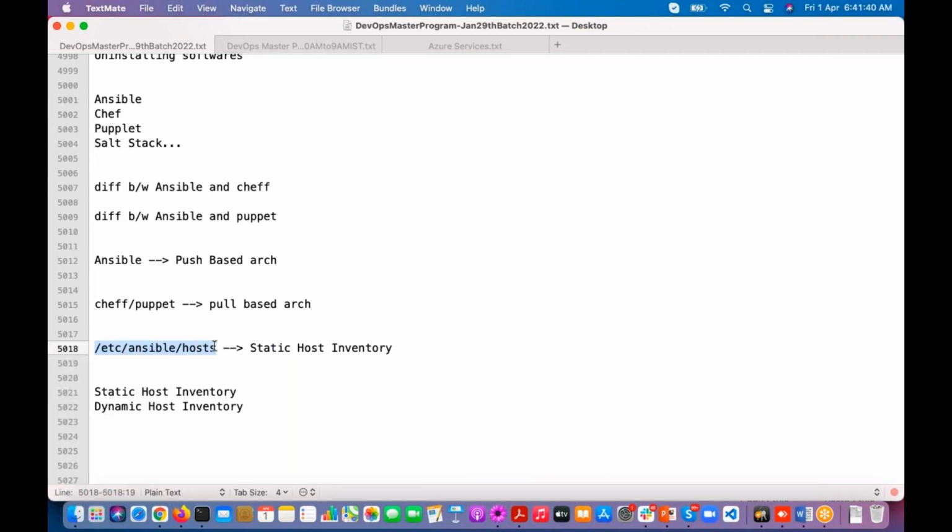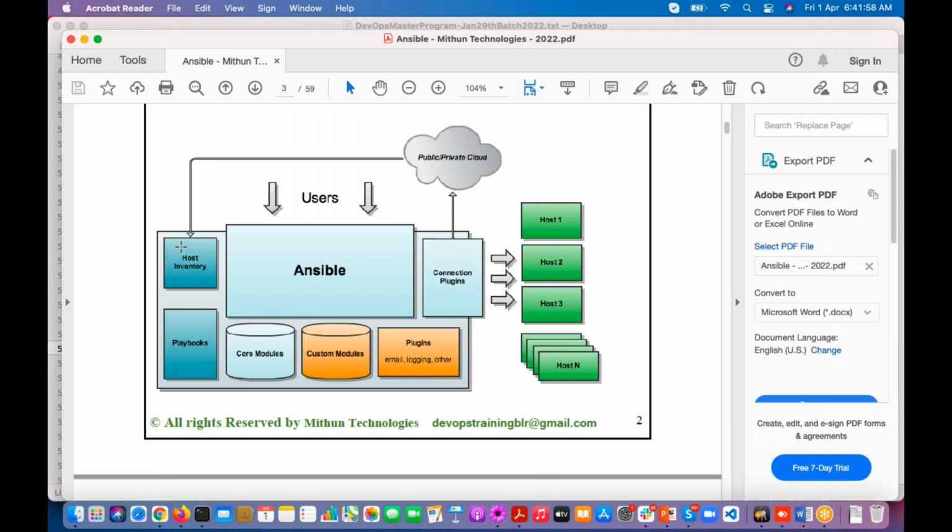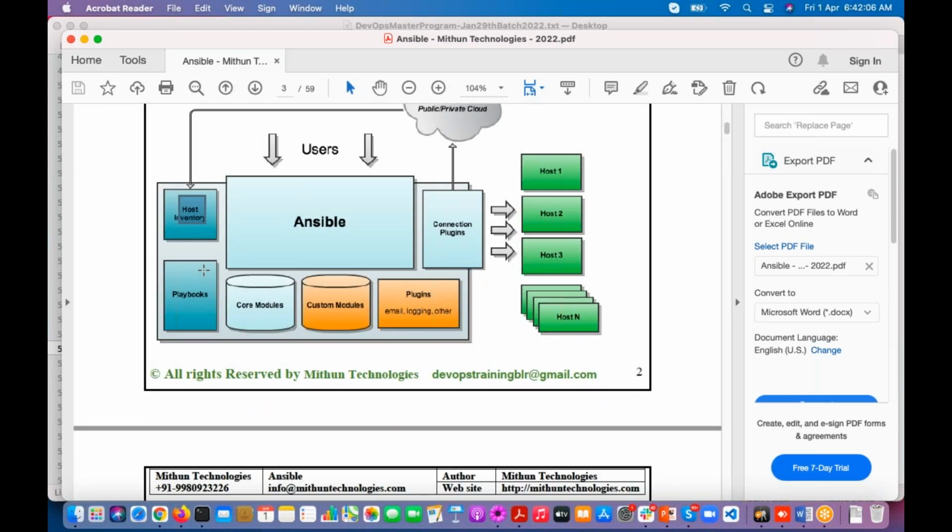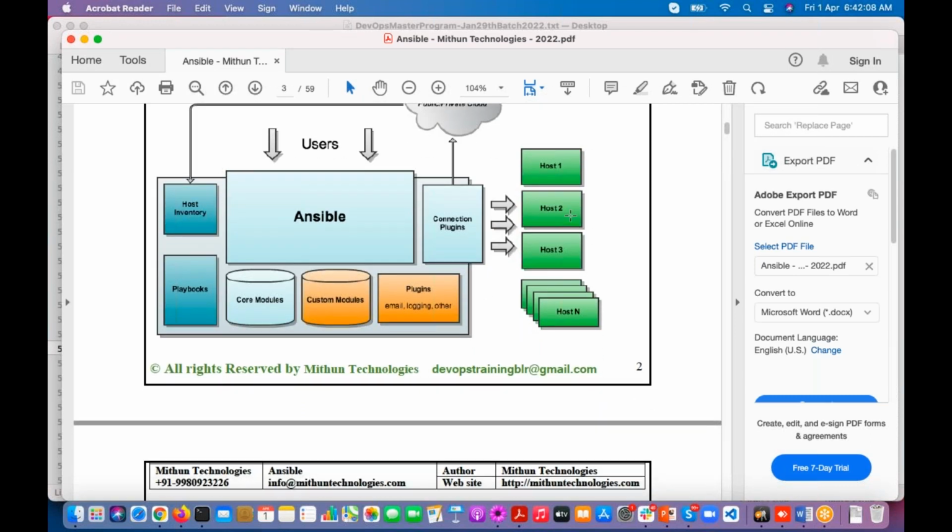Many times they ask this question: what is the default path for the host inventory file? /etc/ansible, and there you will see hosts. This is the file name. This host inventory may be a static host inventory or a dynamic host inventory, and it contains all the host machines' IP addresses or domain names.